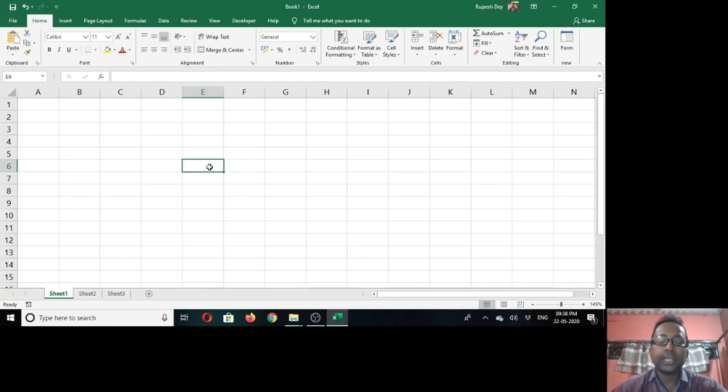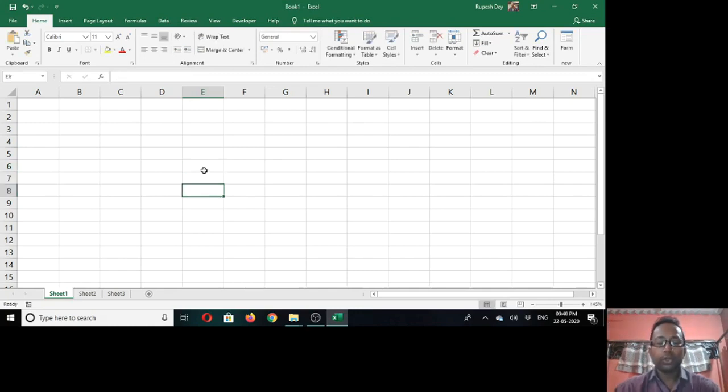And the cell is called active cell. Why is it called active cell? Because all your activities will be carried out in this active cell. Whatever you type here will be inserted in this cell. Like I am typing here our school name VSN and pressing enter to enter this text in the cell.